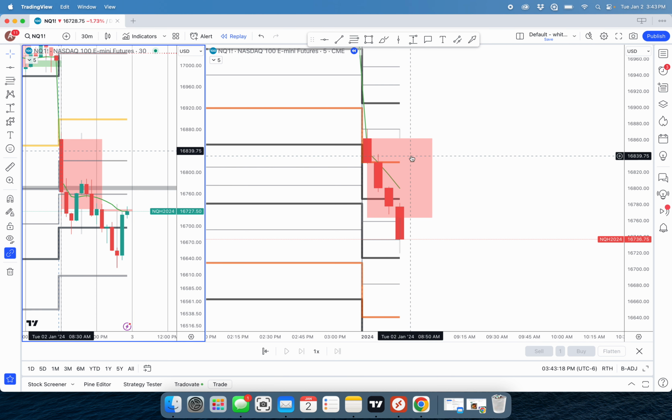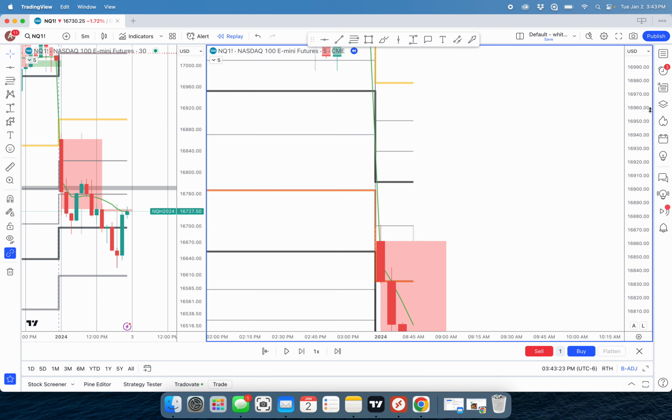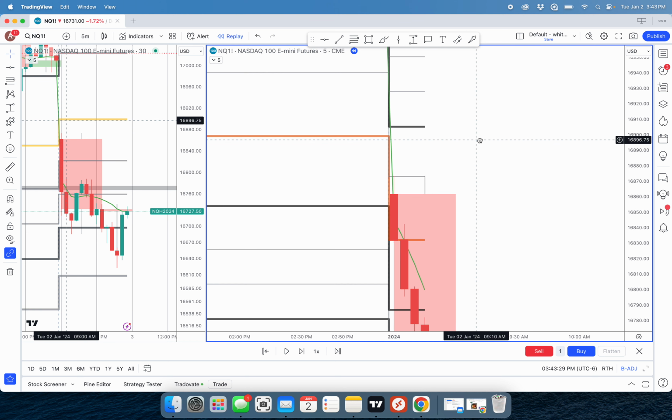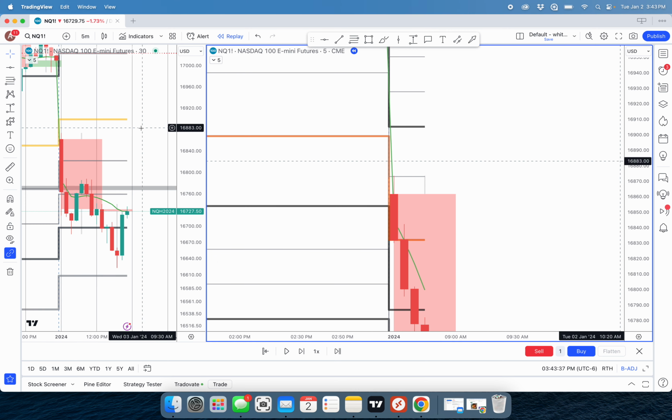So what's very difficult was this first 30 minutes. You can see that the bull pivot or bear pivot was right here. The mid range is right here. And then you have your full ATR right here. So almost out of the gate, we're almost at full ATR. If you look to the left,